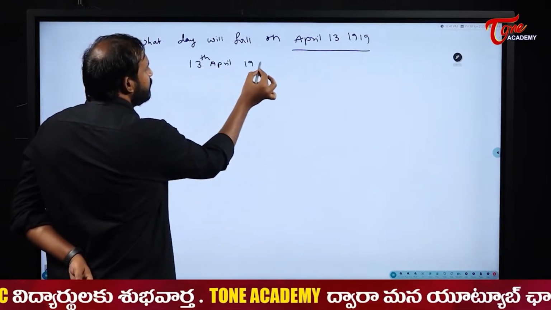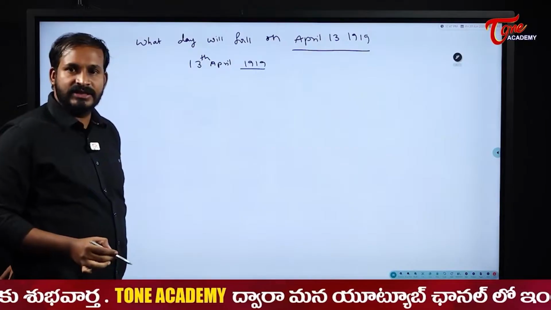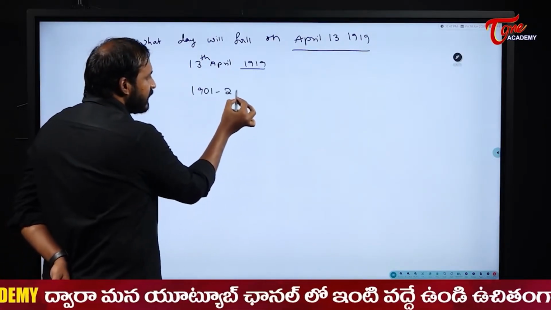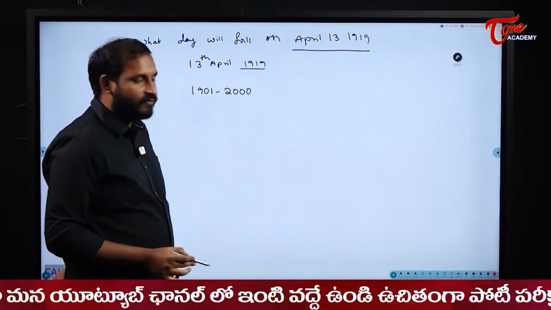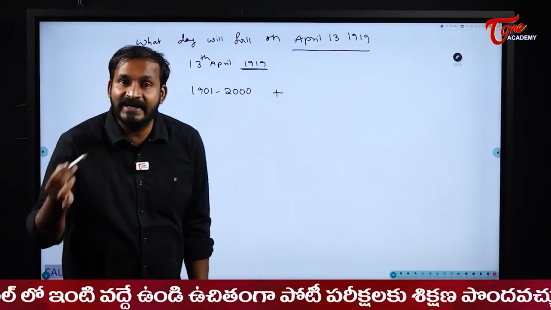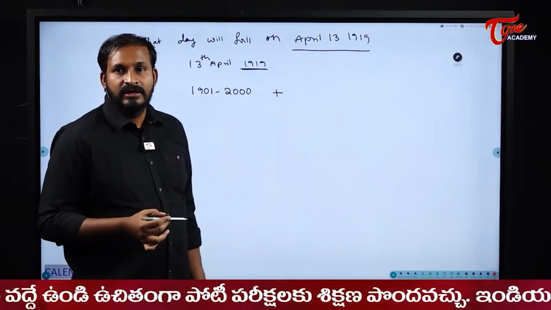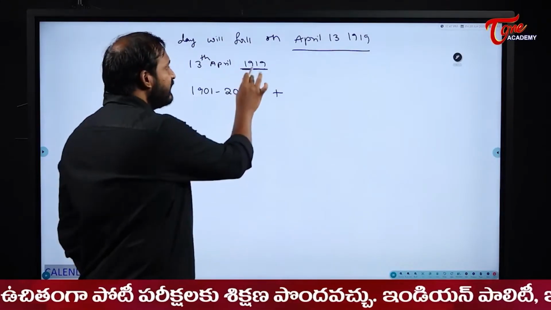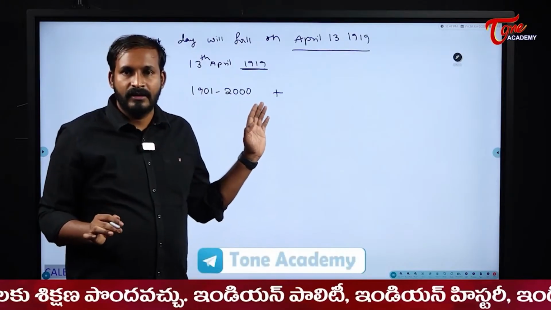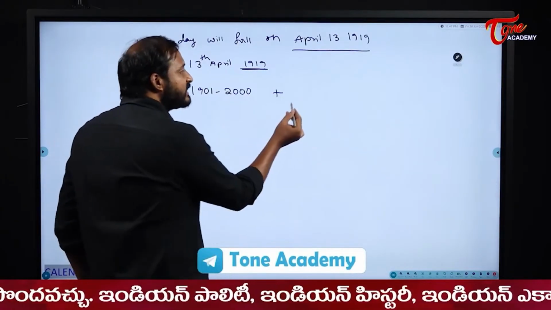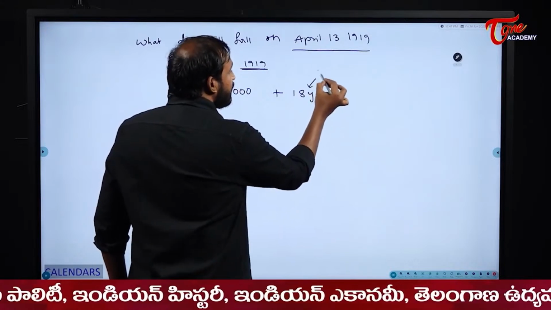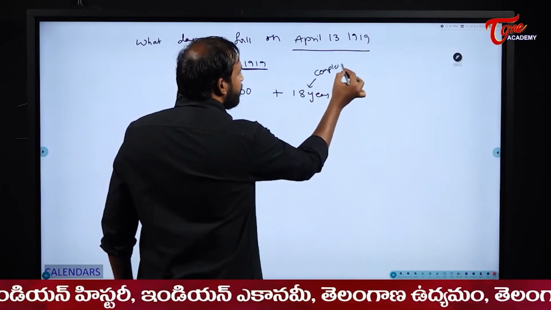1919, right? So this falls under which century, students? It falls under 1901 to 2000, right? Plus, in the same century, how many completed years are finished? See, the 19th year is not yet done, because we are still in the month of April. So how many years are completely finished? 18 years. These are completed years